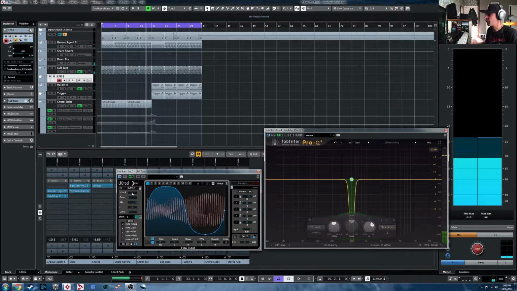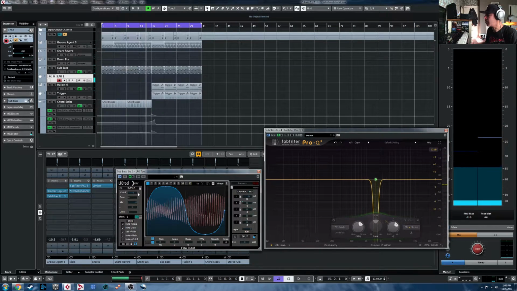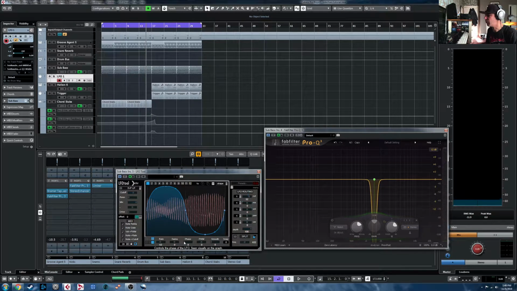You can use the cutoff slider here to set the base of the modulation point here. And you can also adjust the phase right here. So say you wanted it to start at the top, you would just set this to 25%. And that will now, or actually no, you would have to move the slider